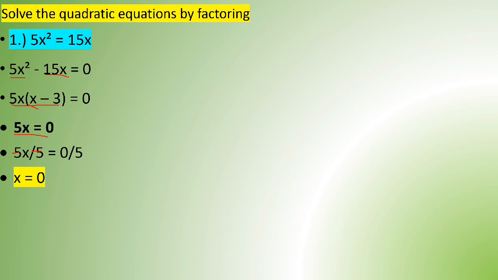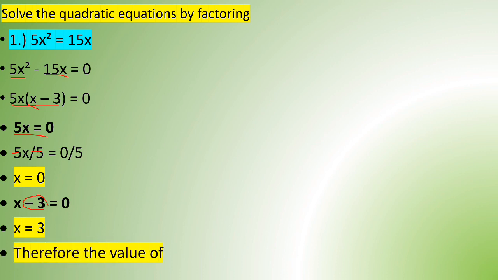Next, si x minus 3 na tayo. So, x minus 3 is equal to 0. Ililipat natin si constant negative 3 over equal sign para ma-isolate si x. So, yung negative 3 magiging positive 3. Kaya meron tayong x is equal to 3. Therefore, the values of x are 0 and 3. Next example,